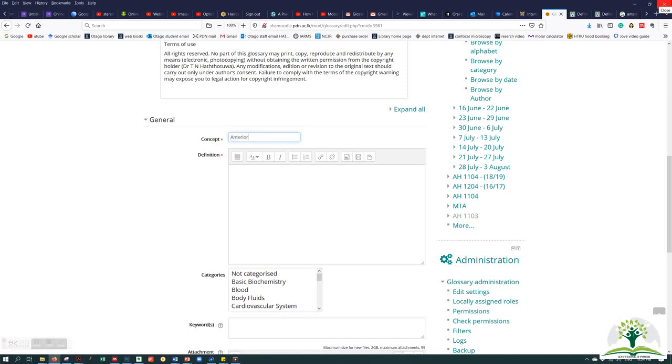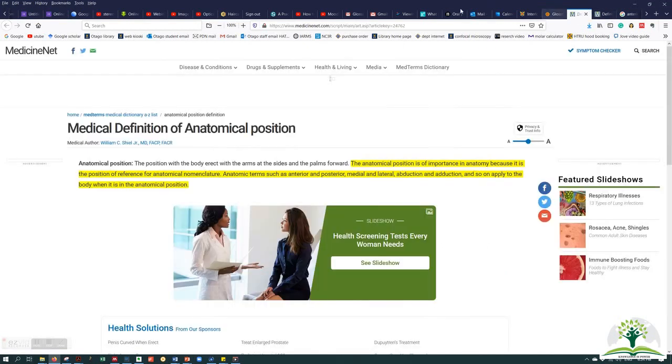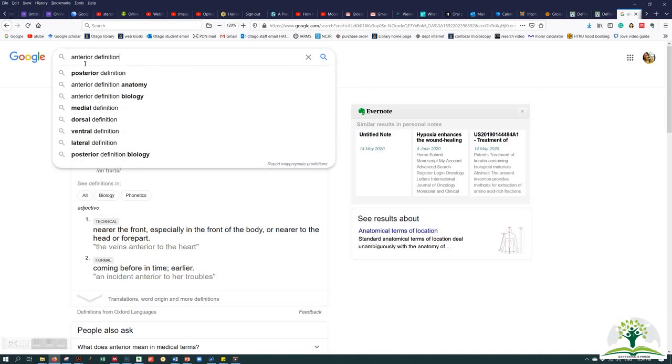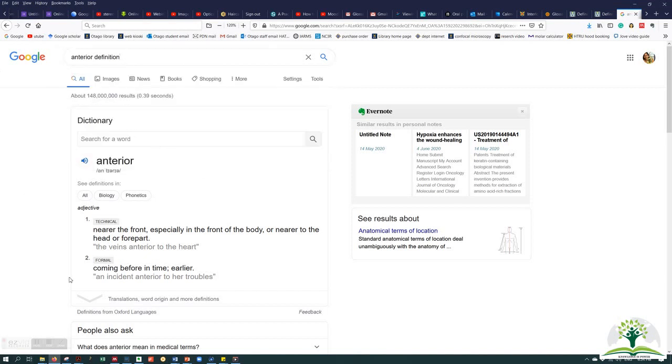Then the definition. You can browse the definition in an online medical dictionary, or else you can go to the Oxford Medical Dictionary. I'm going to use the online version. If you just type the scientific term and definition, it will give you a definition, but I prefer not to use this definition because it's for common definition, like anybody can understand, and sometimes these definitions are not giving you an exact idea about the scientific term. Therefore, I recommend you to use an online medical dictionary.